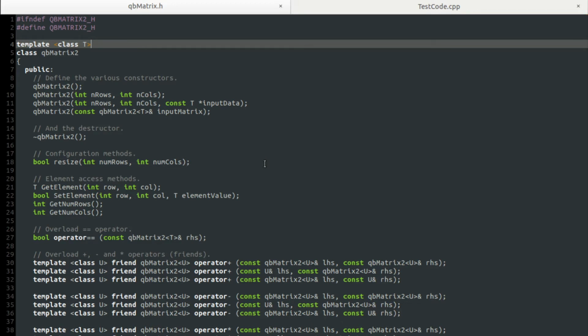It does go against how I prefer to do my code, but it doesn't really matter. It's perfectly feasible simply to put all of the code into the one header file, which is what I've chosen to do. So let's have a look through the code. We're in the header file, so of course we start with the ifndef QBMatrix2_h, the include guards, standard syntax,